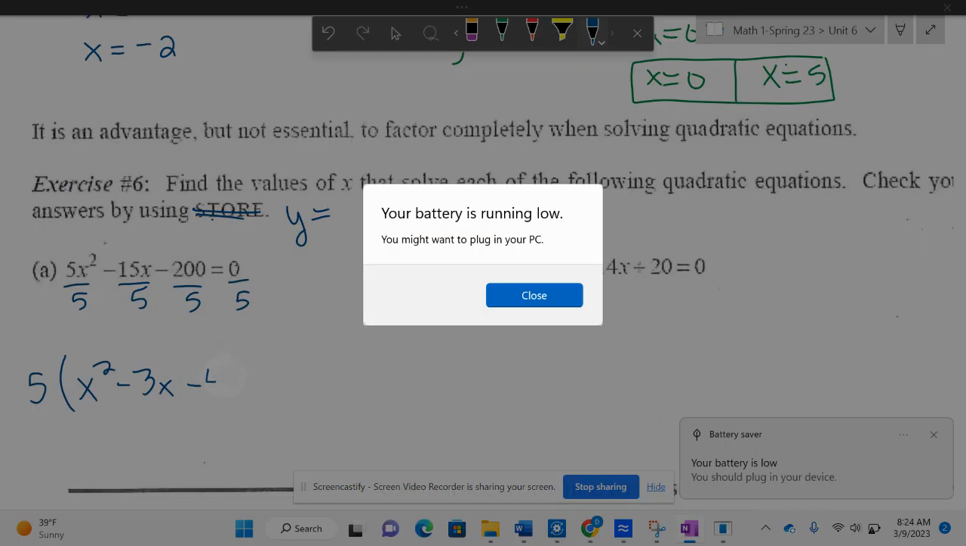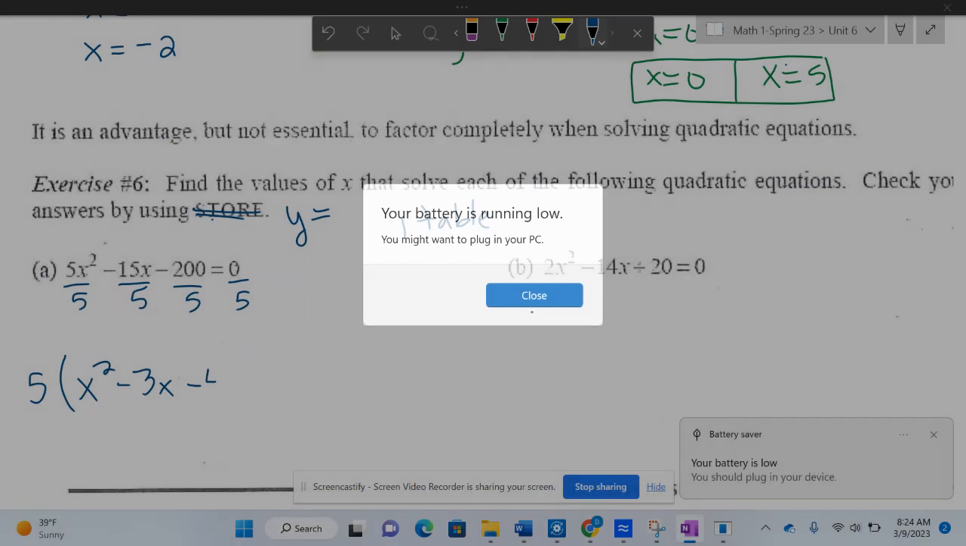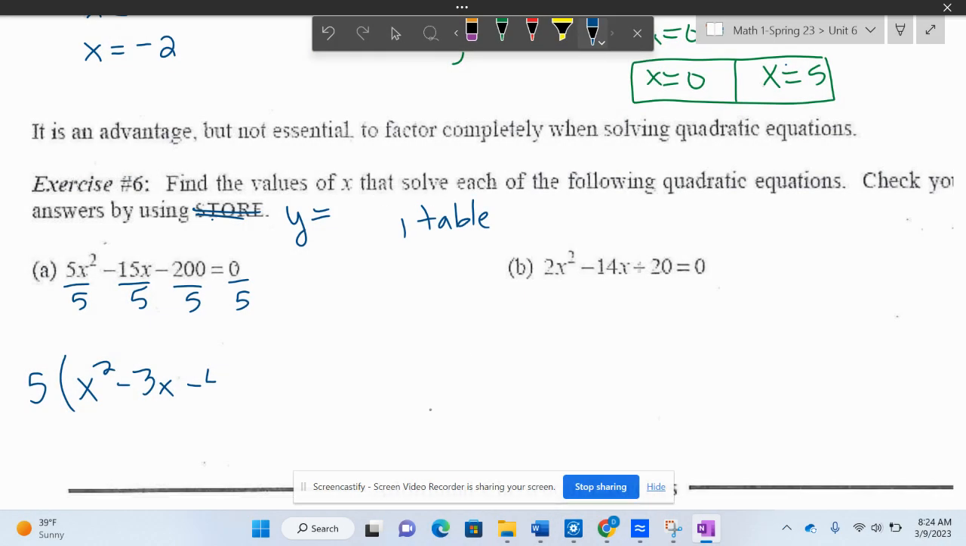minus 40. Oh, my battery is low. Stop, stop, stop. Don't. Cord. Power. Okay. All right. So,